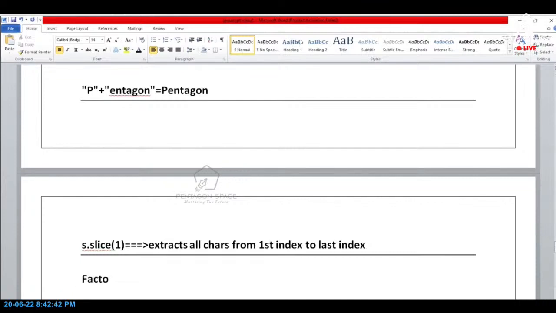Now, next one. Okay, factorial of a number. Factorial of a number. Yes, here